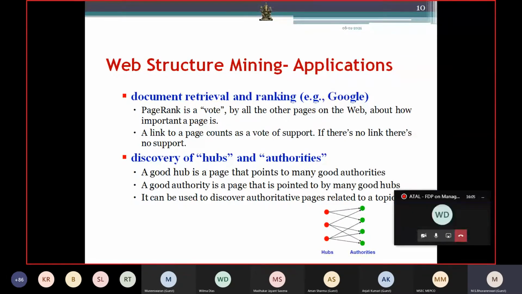Suppose I give item set mining as a search keyword, multiple pages are there. But in the first page, only a few links come, and the 100th page will also have several links. So why do these pages come in the first page? What is the criteria for my web page to come on the first page of Google? If I am searching for it, the first page will have a few links, the second page will have a few links, the third page will have a few links, right?